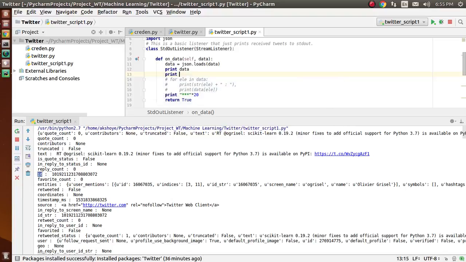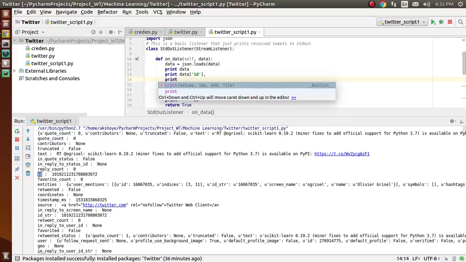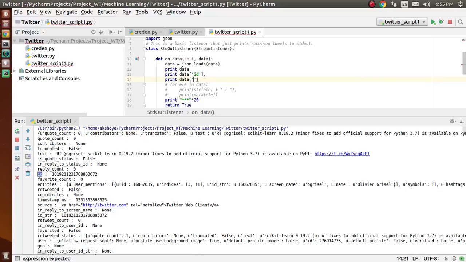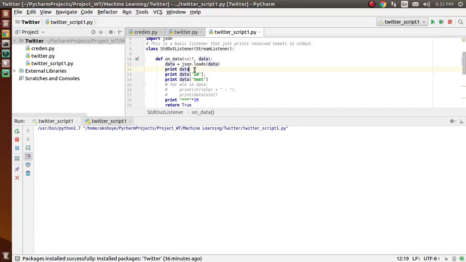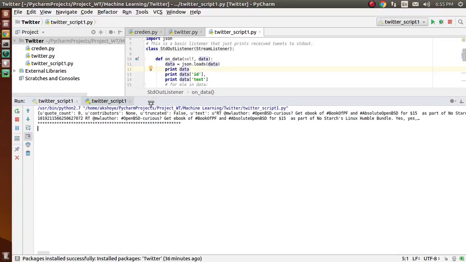For this you have to write data, and we need only the ID, and we need the text part. So here is our ID and here is our text that we have. Now we are accessing only the text and the ID, and let's run this code, and let's see what we will get.